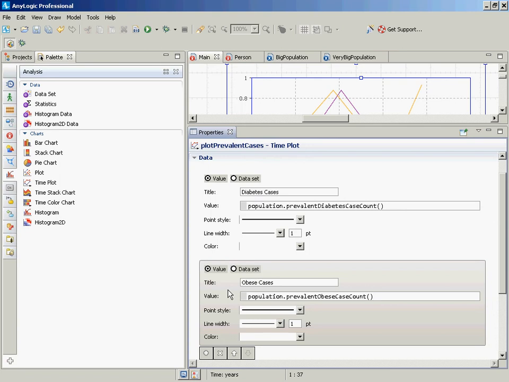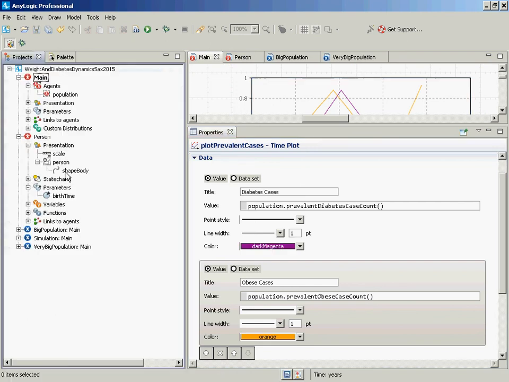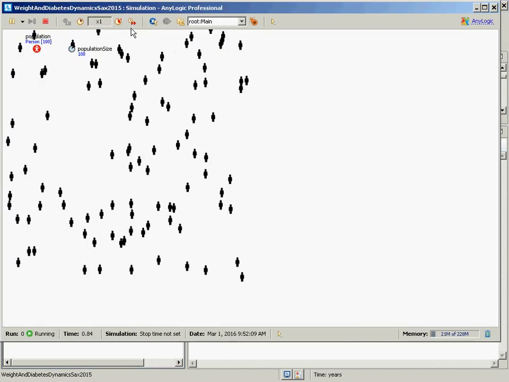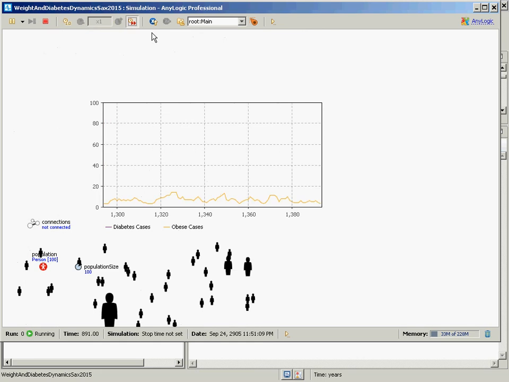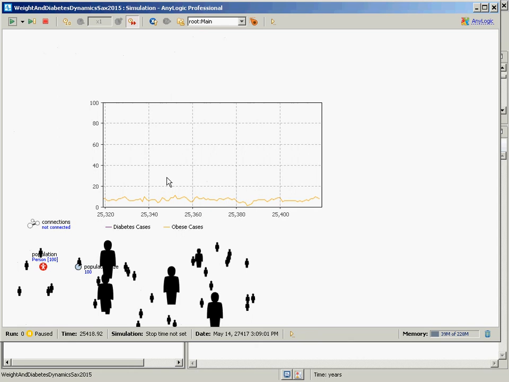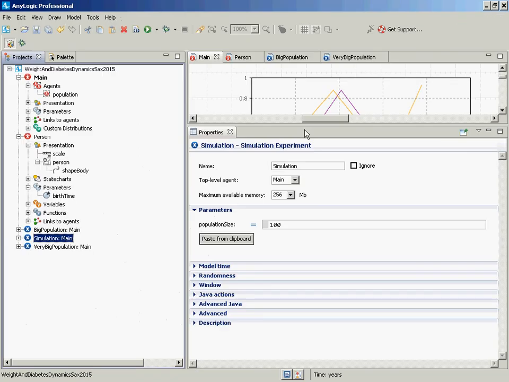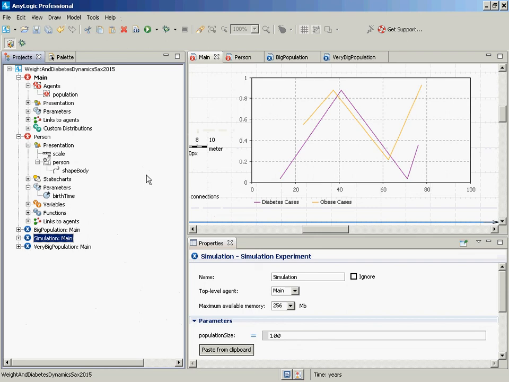And I'm off to the director. That's right. So here we go, and here we see our population. But oh gosh, here we have recorded the number of diabetes and obesity cases, and then I think diabetes cases are, oh gosh, okay. I'd have to look. There should be some there, but I'll put that back up. Okay, so let's go put this back up, and there we go. Prevalent obesity case count, prevalent diabetes case count. Maybe the diabetes ones are small enough